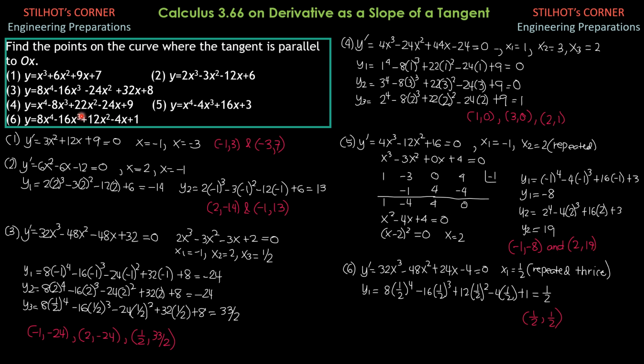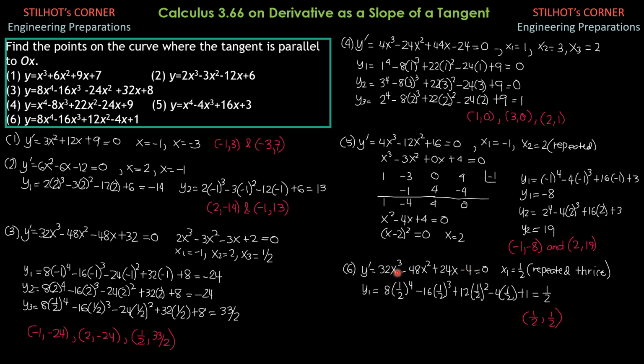Then finally, for problem 6, y is 8x to the fourth minus 16x cubed plus 12x squared minus 4x plus 1. By the way, these exercises are taken from the book by Love and Rainville, and the numbering, I think, is the same. So y prime is 32x cubed minus 48x squared plus 24x minus 4. Supposedly we would divide this by 4, but because this is calculator aided, the calculator allowed in the board exam